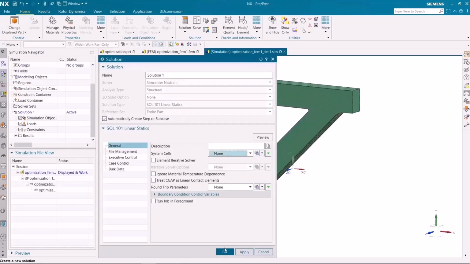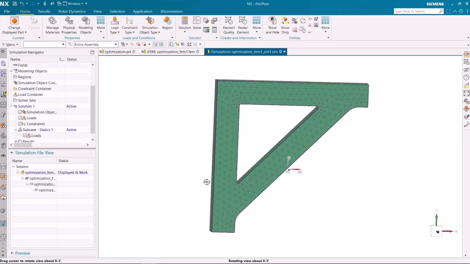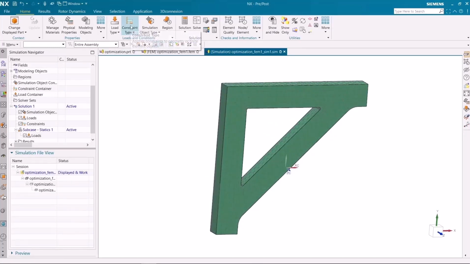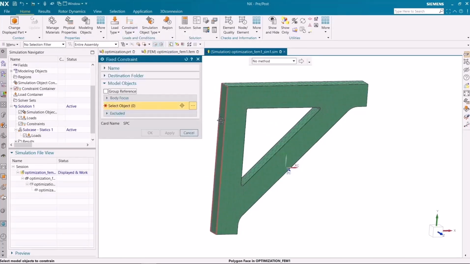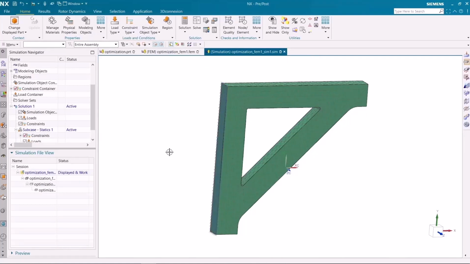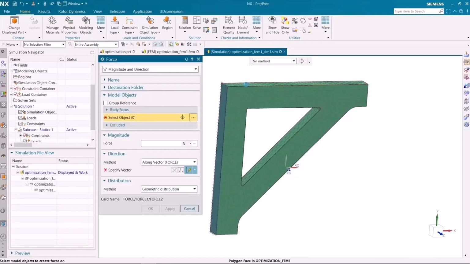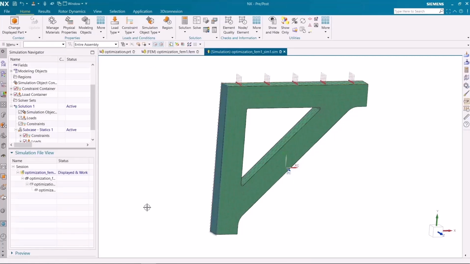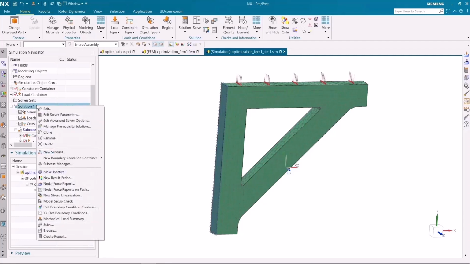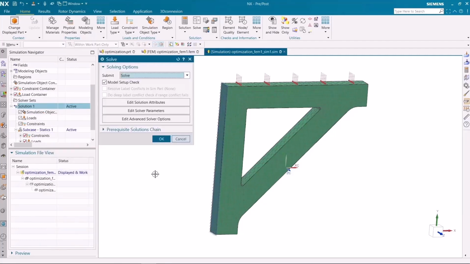Once our simulation file is created, we are going to apply boundary condition, and I know this bracket is fixed at this face, so I apply the fixed constraint, and let's apply a load, and it is in negative y direction, and it is about 100,000 Newton of force. So once it's done, we can right away solve it and we can review the result as per applied load